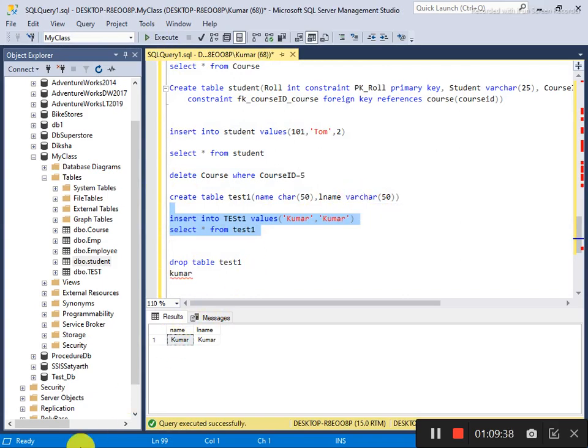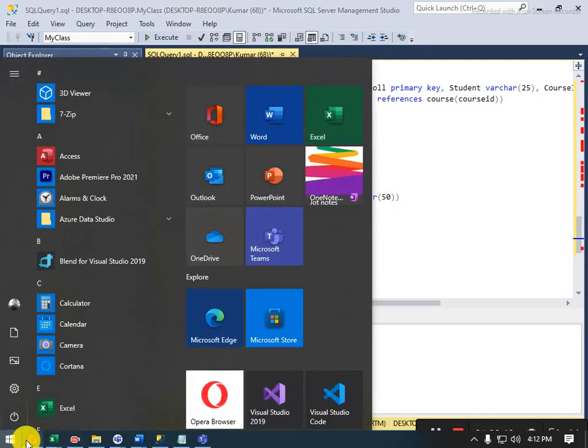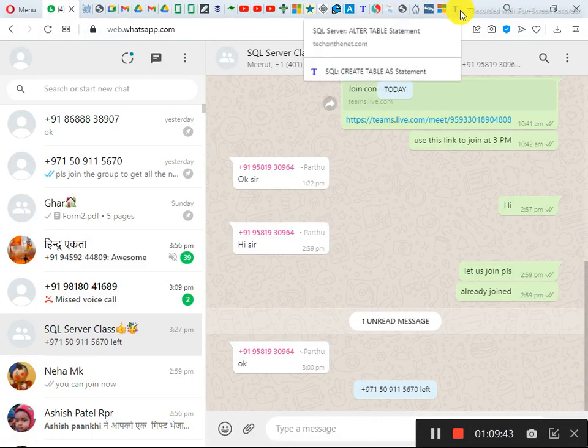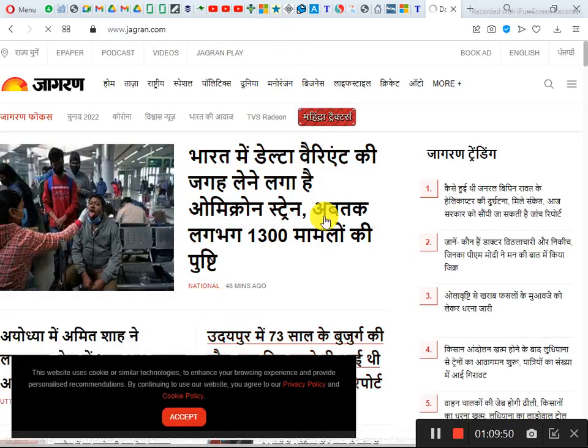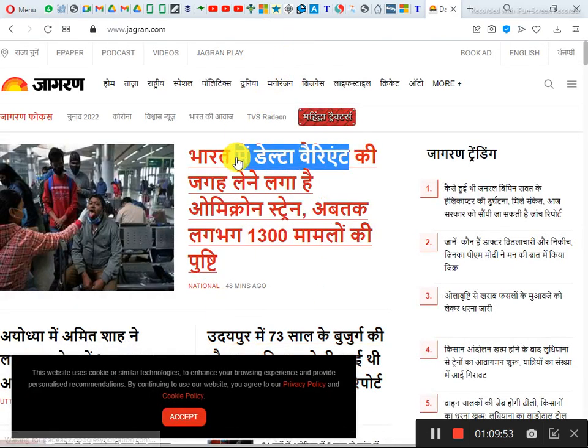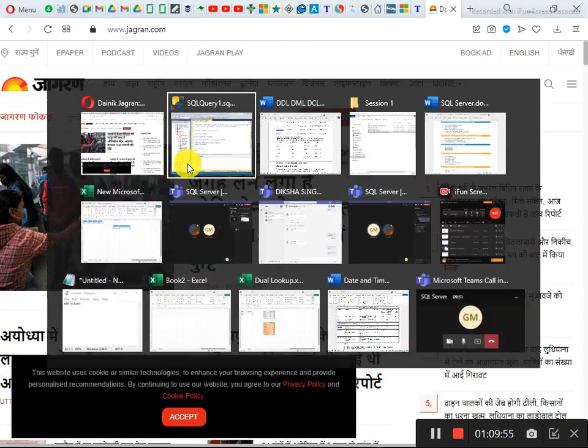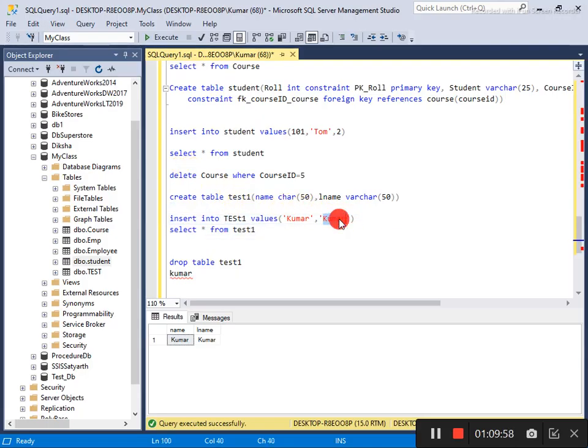So it's a varchar. What if I use Unicode? Unicode is something special, like characters that are not supported. If I try to make these entries, you will see that the entry would not be possible, or it will show a question mark. So now you see this is the question mark. So you have to use nvarchar.